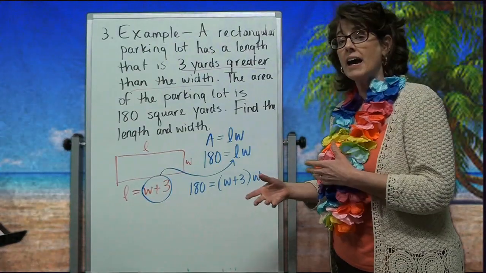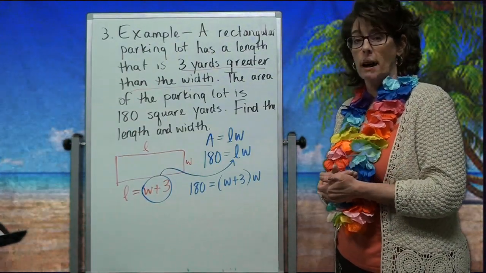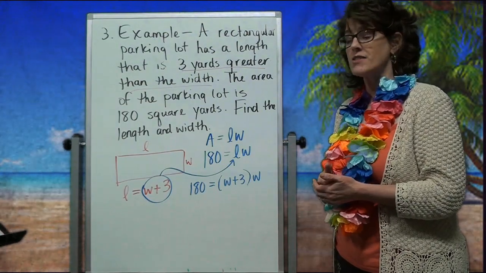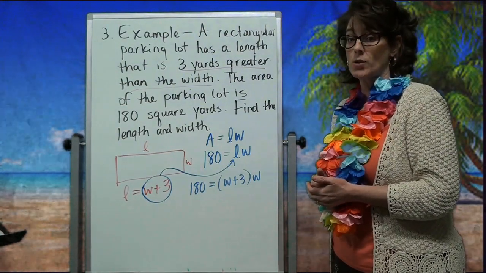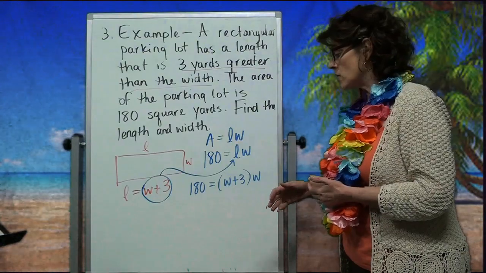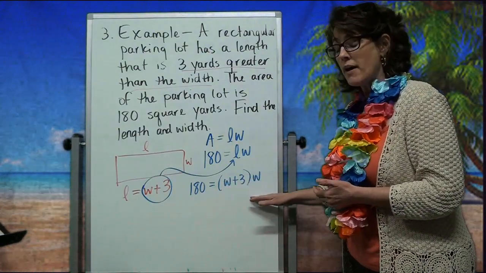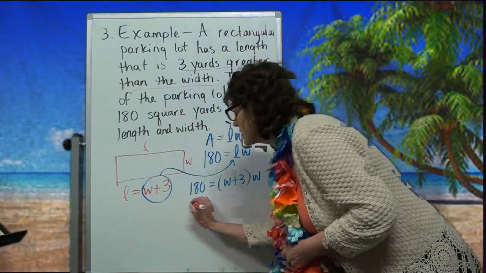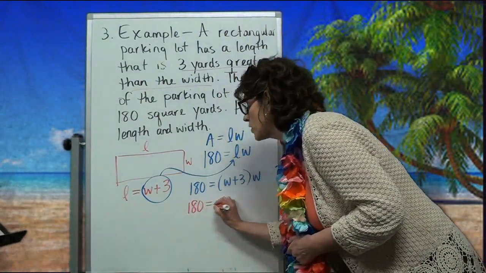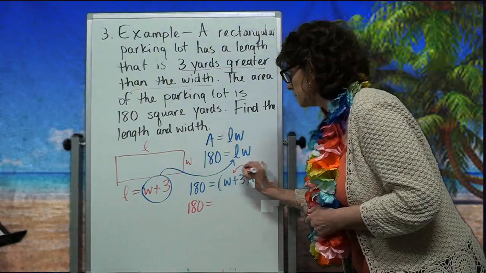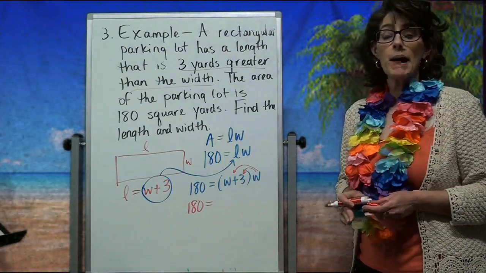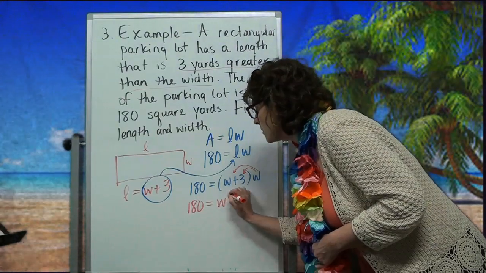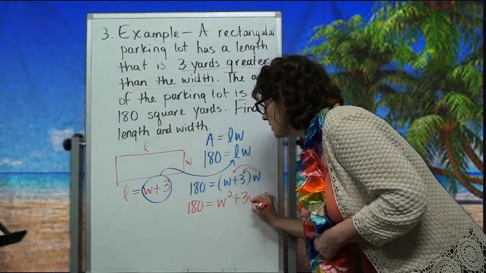So with that, I need to make this look like a quadratic that I can solve. And remember, all those 4 methods said pretty much, let's set it equal to 0. So that's what I'm going to do, I'm going to multiply this out, and then I'm going to set it equal to 0. So when I distribute the w through, because I want to be able to go back and use any of those 4 methods for solving a quadratic, I will get w squared plus 3w